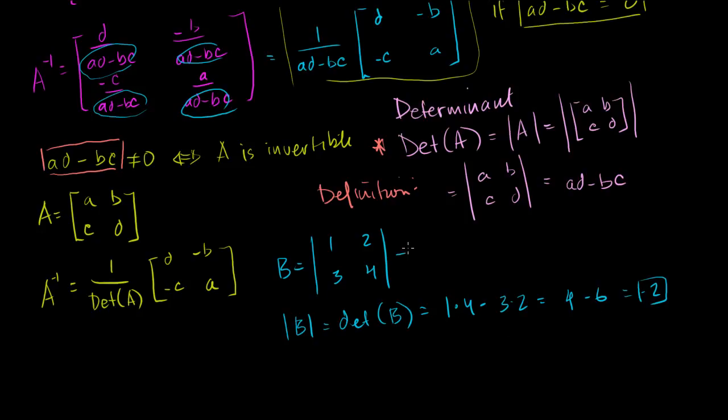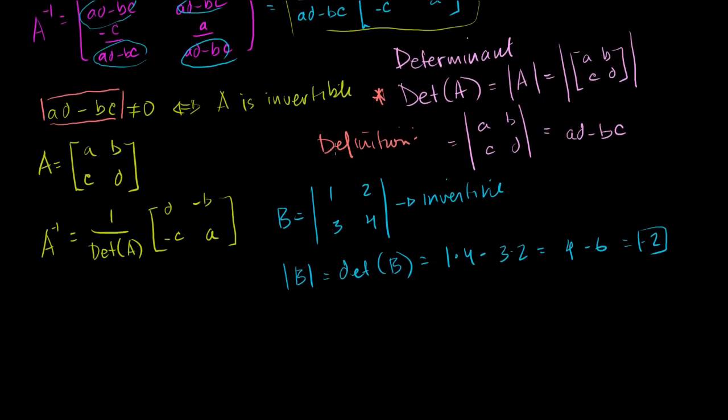So this is invertible. Not only is it invertible, but it's very easy to find its inverse now. We can just apply this formula. B inverse is equal to 1 over the determinant. I want to be careful: B is the same matrix, with brackets, 1, 2, 3, 4. So B inverse is going to be 1 over the determinant of B,